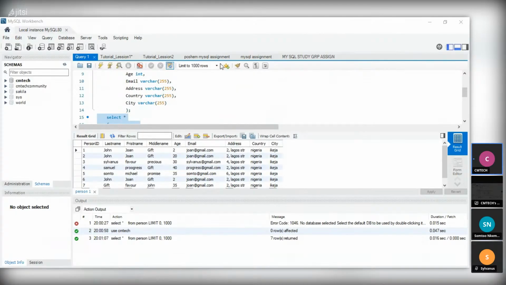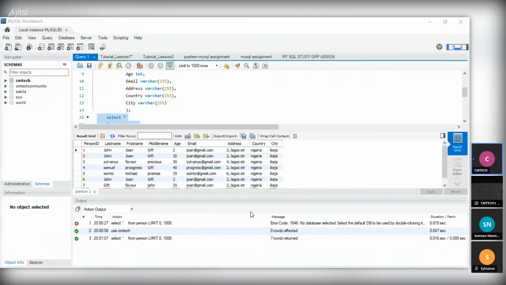Okay, good. And I think you were able to learn what we taught in the last class. So today is based on comparison operators. We are going to use a specific column to check for comparisons of data.